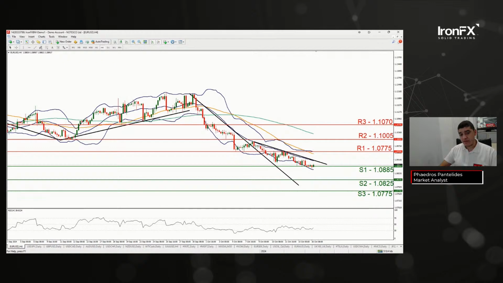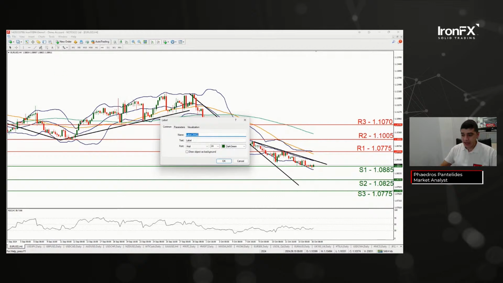If it breaks above the downwards moving trend line, then we could perhaps showcase that the downwards momentum may have been interrupted, and thus we could adopt a sideways path between S1 and R1. In the event of a clear break above R1, then we could maintain a bullish outlook and take aim for that R2 resistance level at